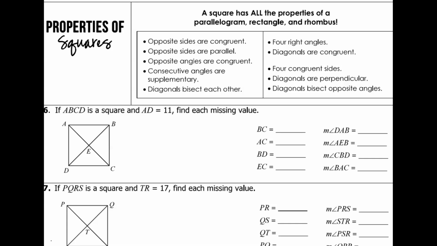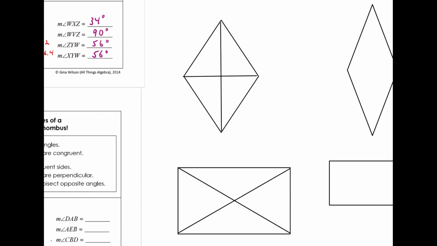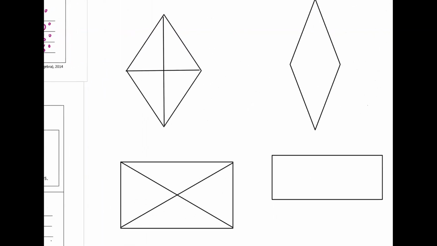So we're going to learn about properties of squares. Now we all have a concept of what a square is, and we've had that concept for a long time. But we're going to try to look at it in a different way, and that is connecting it to what we already know about other parallelograms, namely rectangles and rhombi. Okay, so before we start to talk about properties of squares, let's look at a quick reminder of